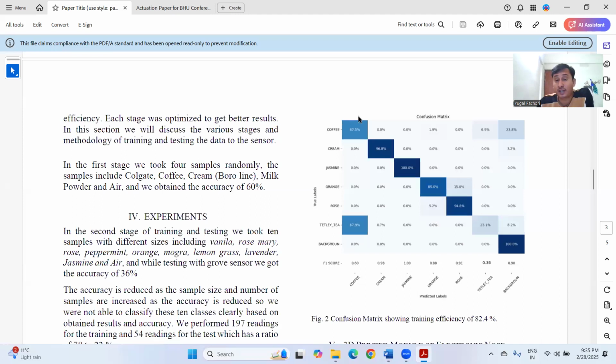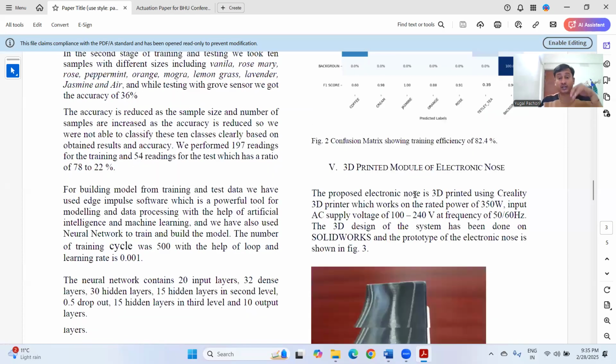Initially I was giving a diagram in terms of a table or Excel sheet, but that was processed with my mentor. My mentor advised me to give a confusion matrix, and that trick successfully worked. And I got the comment that this particular section, figure 2, is commendable, is very good. The reviewer wrote that. So these are the things.